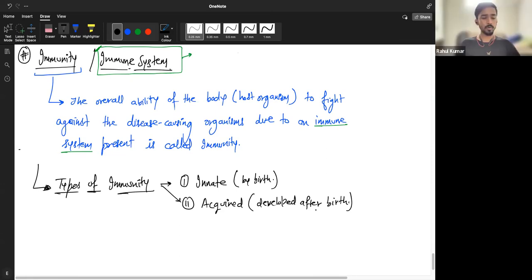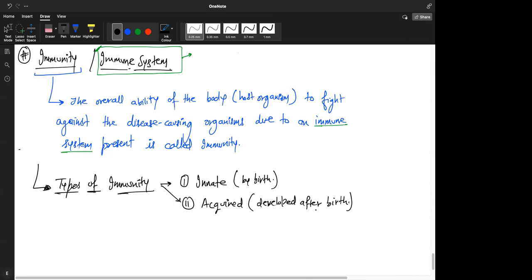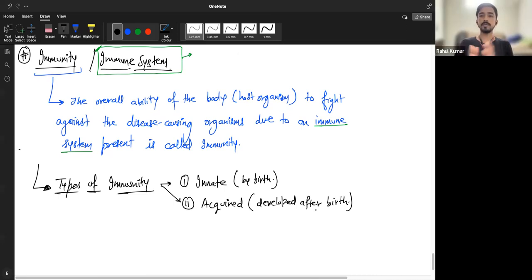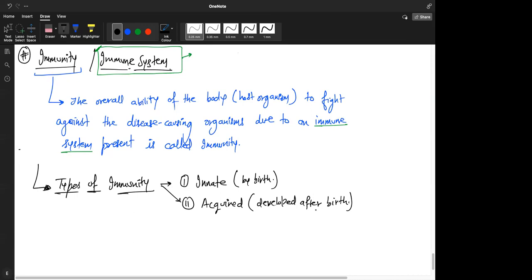Now, with innate, we are born with it, so we can't do much about it. But how do you think we acquire immunity afterwards, after we are born? What causes us to acquire some immunity? People? Sir, exposure to some specific pathogens. Exactly. What do you mean by that? Can you give an example? For instance, take COVID, sir. Some people in the initial wave, perfect.